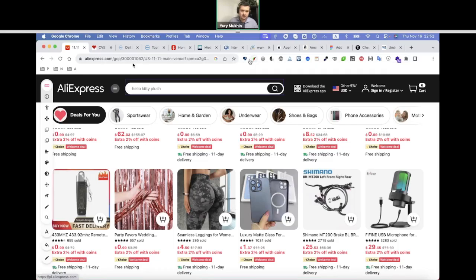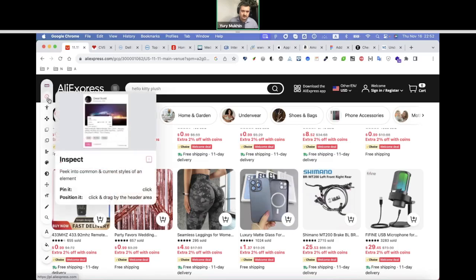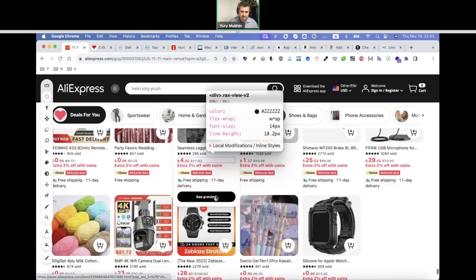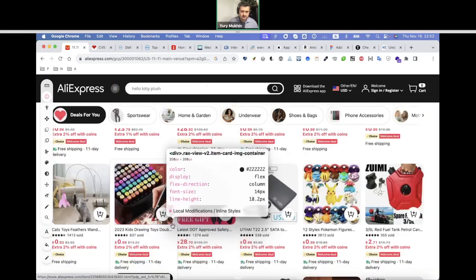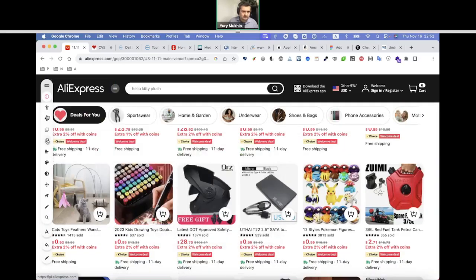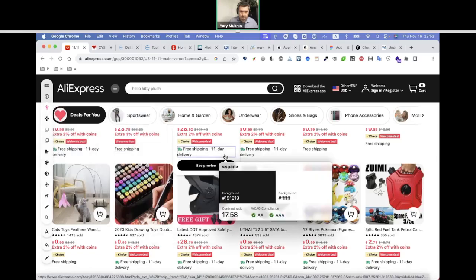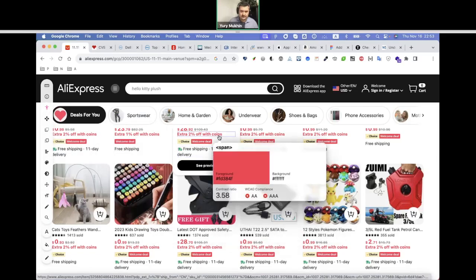With WizBug, you select this eye guy, and you hover over the elements you want to check. Oh, sorry, you select the accessibility option, and hovering over the things, it shows you that, look,